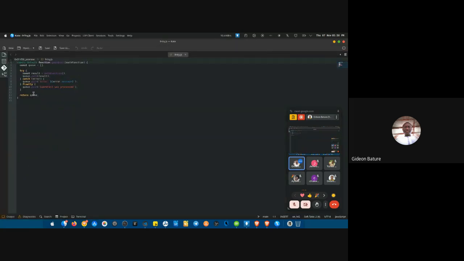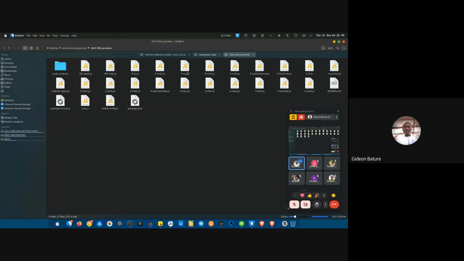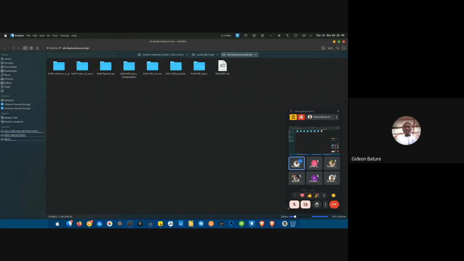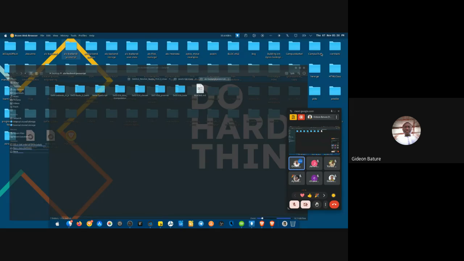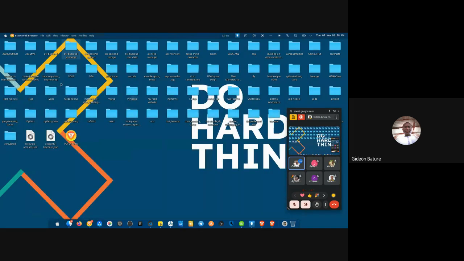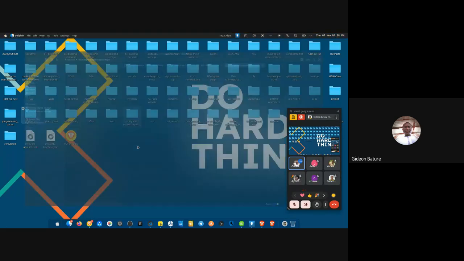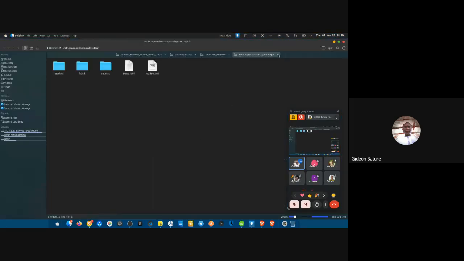So you can see this is code using try and catch. All right. And all these other files too, all of them are code. All these ones you are seeing, all of them are projects. Some projects I worked on personally, some I contributed to. You understand? You can see rock, paper, scissors. This is a rock, paper, scissors game I built. You can even see Python too. So what am I trying to say? What I'm trying to say is that